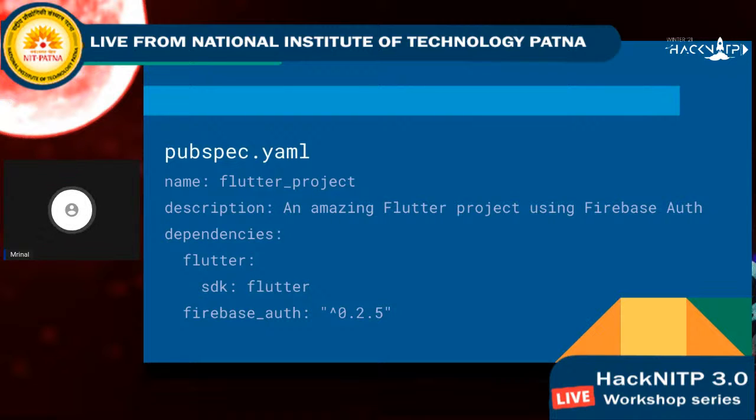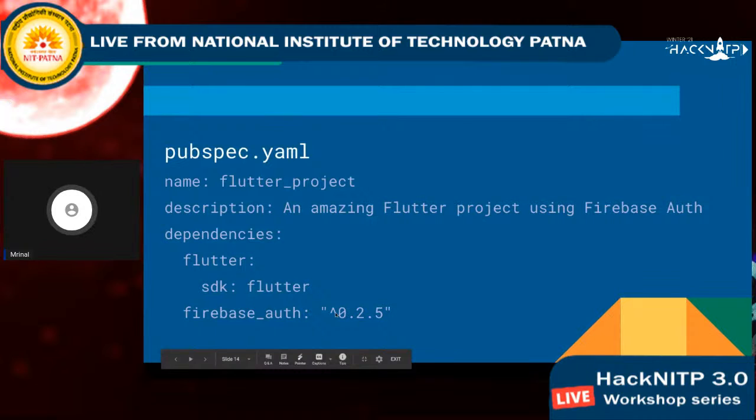As you might see, I have shown one example, firebase.auth, which is also included in this file as a dependency. Just quickly, I'll explain how this works. Firebase auth is the name of the dependency, and the version of the dependency is mentioned in front of it. So it's 0.2.5, correct? And the icon which you can see at the front is just to give this